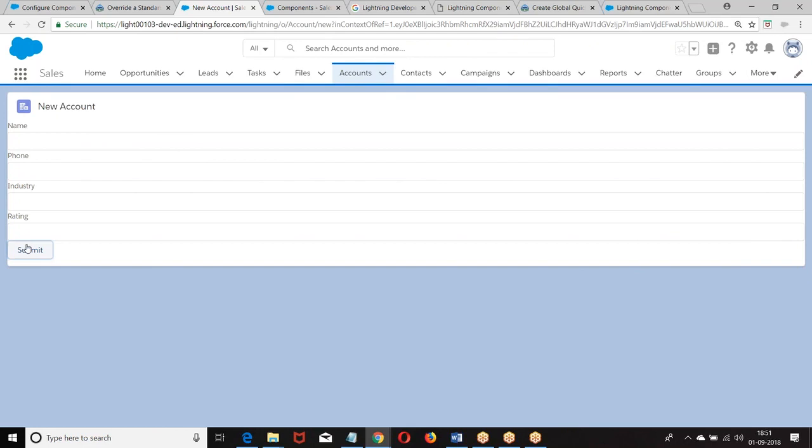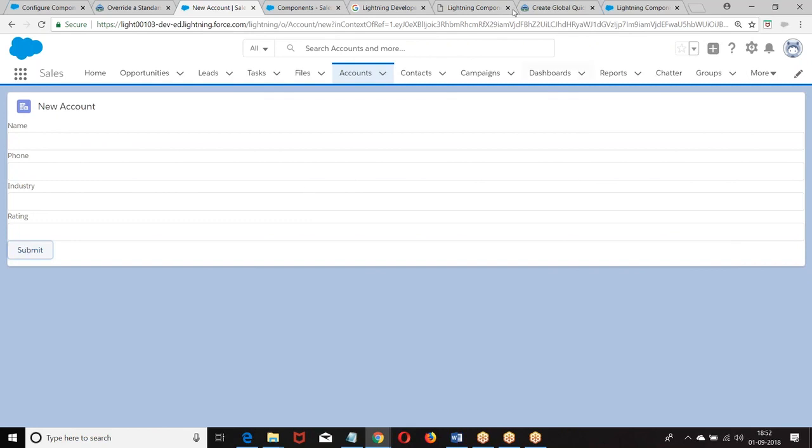We are overriding, okay. To override, we are using a component and implementing an interface. If you want to refer to a record, we are going to use LDS, Lightning Data Service, go to the client side, verify, and the data will be inserted. At the end of the day, we are going to insert the data. We already did that in the previous example. Now, once you have done that, how do you navigate to that particular record?